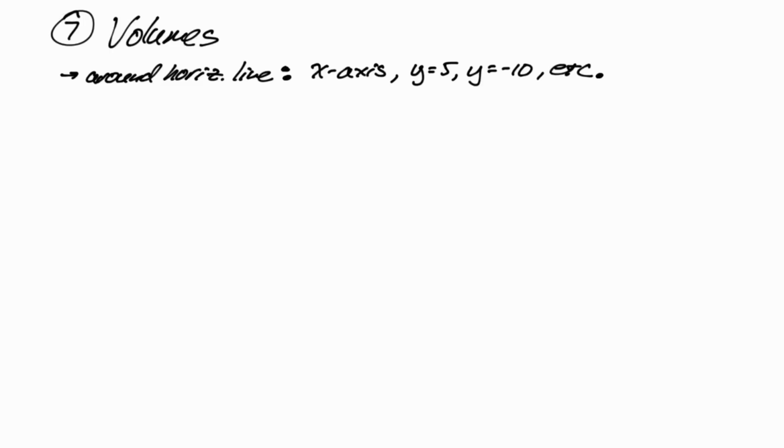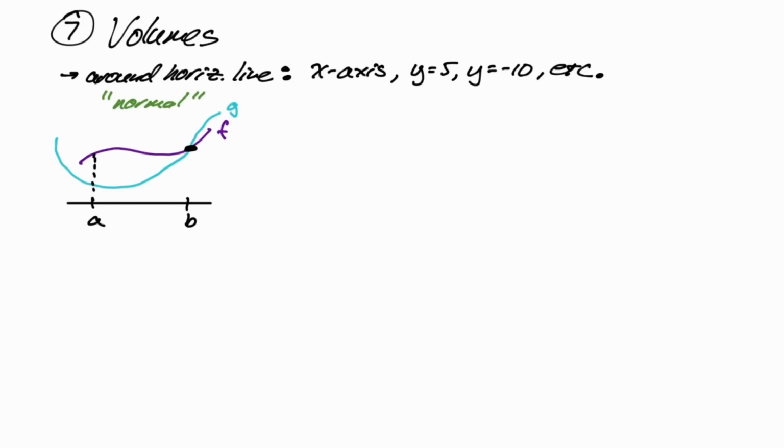I think of volumes around the x-axis as being like the normal volume, where everything is in terms of x and everything behaves the way you want it to. So our first picture could look like this, and we're just going around the x-axis. I forgot to put in the arrows, but that's okay. What I always do is I find a big R and a little r, and because you're doing dx, going around a horizontal line, it's always the top minus the bottom. So big R, in this case, is just f of x minus 0. One of those 2 segments I drew is bigger than the other. That's big R. So big R is f of x minus 0, and little r is g of x minus 0, and then our volume is pi, the integral from a to b of big R squared minus little r squared